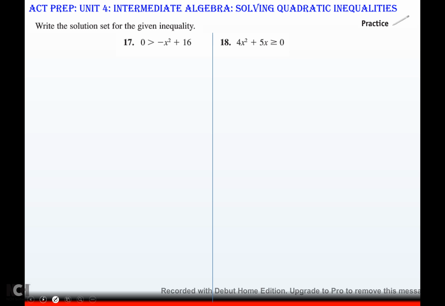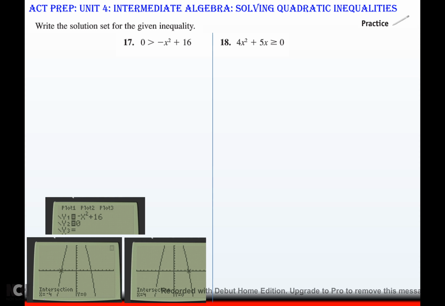Alright, on 17, this one's kind of funny. If you graph this, because this one's going to be upside down, okay? When you graph this, I want to know when is this upside down parabola smaller, because you got to read it from the x's side. When is this parabola smaller than 0? So again, I'm looking here and I'm looking here, which corresponds to